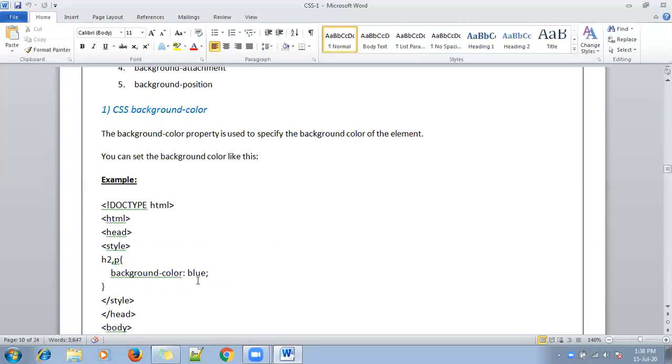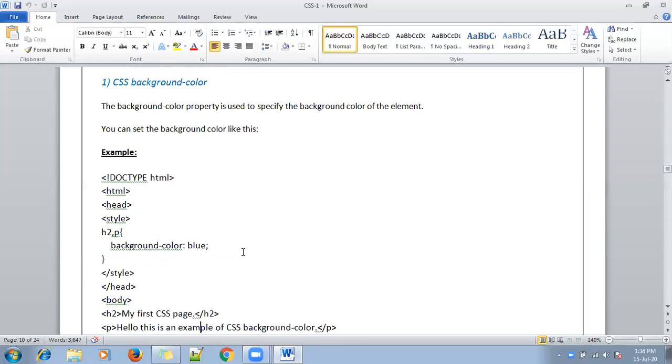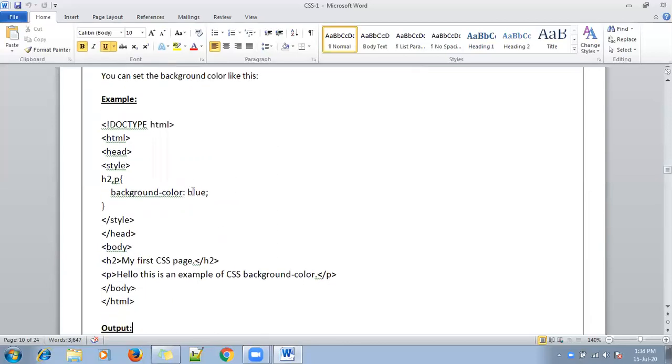The value is a color. You can write the color name, the hexadecimal value of the color, or the RGB value of the color. You can find the table in the textbook, where you can read the color codes of HTML and XML in hexadecimal format and RGB, or simply you can write the color name. This is a common thing.